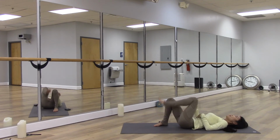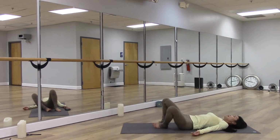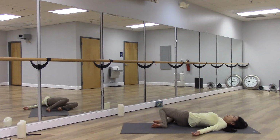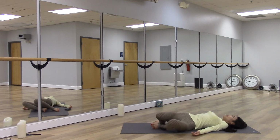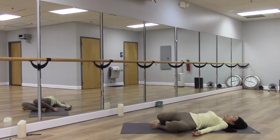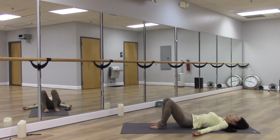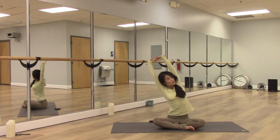Lower both feet down. And let's just sway our knees to the left side and right. And go left and right. And go left and right. And inhale up, lift up high, and bend slightly over to the right side, keeping both sides of